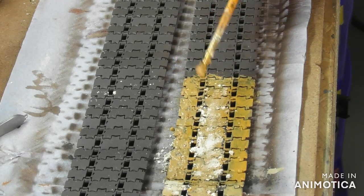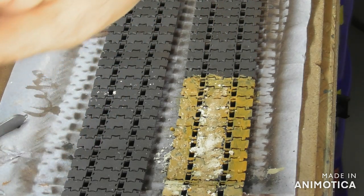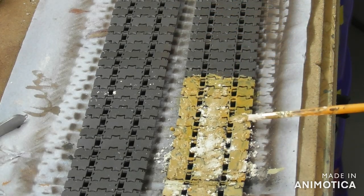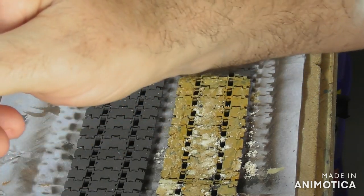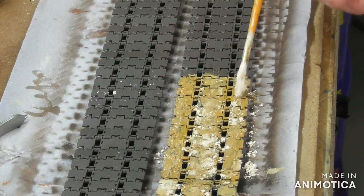The tracks have had a clear coat, because obviously working with pigments and enamels, you don't want it